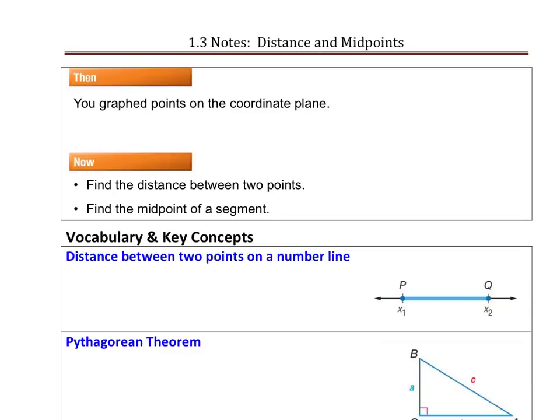Hi guys, this third section in chapter 1 is titled Distance and Midpoints, and it's completely focused on finding the distance or the length between 2 points on either a number line or on the xy coordinate plane, as well as finding the midpoint or one of the endpoints of a segment either on a number line or on the xy coordinate plane. I apologize in advance, it's a little bit lengthy of a video, but these topics we're going to be using in every single section going forward in the class, so it's very important that we understand